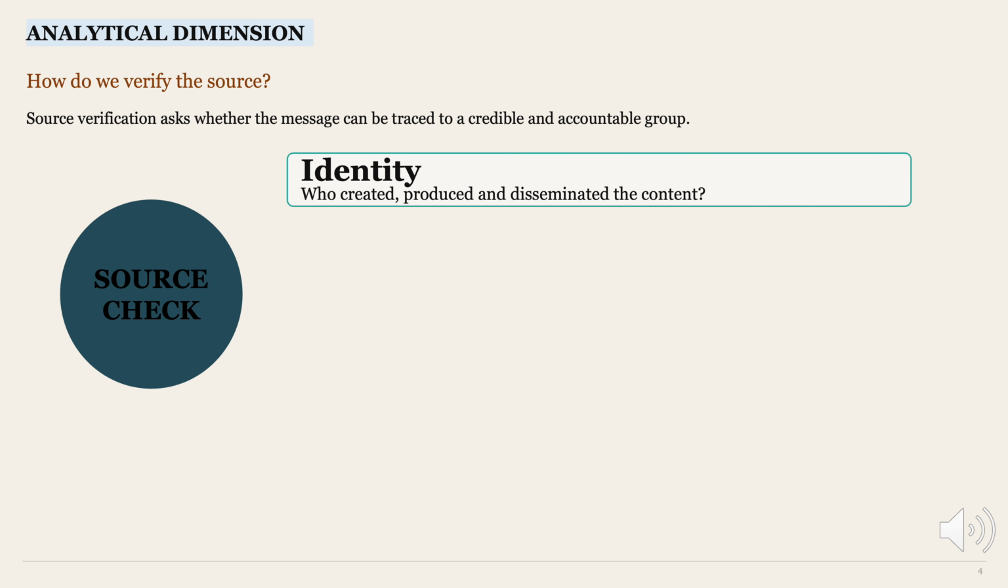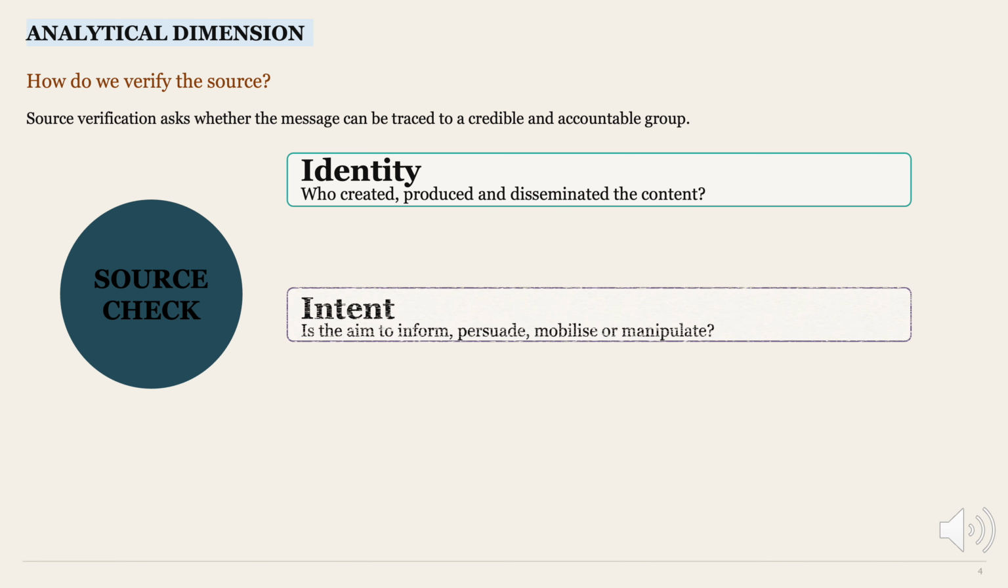This means asking who created, produced, and shared the content: an individual, party, public institution, journalist, an influencer, a civic organization, an anonymous page, or another type of group. This matters because the source helps us understand the intention of the message. Content can be designed for different purposes: to inform, persuade, mobilize support, and some may be created to manipulate or